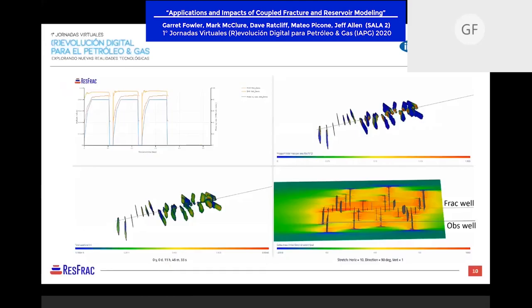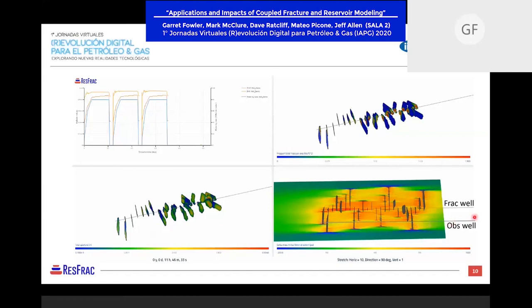So here's a model of a single well, and I've put in this observation well in the lower image that you can't see in the upper images here. But we're modeling 3 stages along the lateral, and you can see the treating plots here of those 3 stages. And then in the lower right, what I'm showing is the stress profile that's evolving through time. And what we're going to do is use that to measure various statistics of this observation well